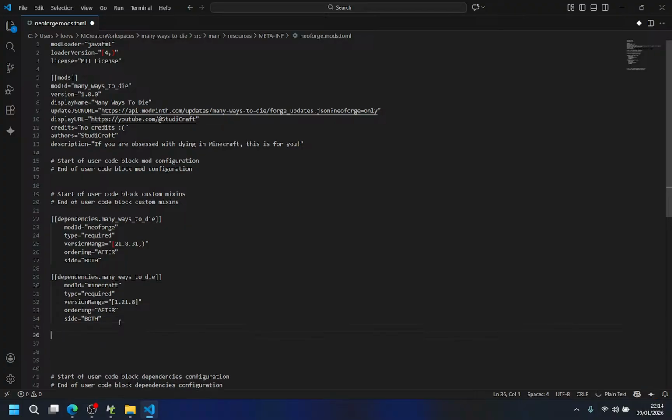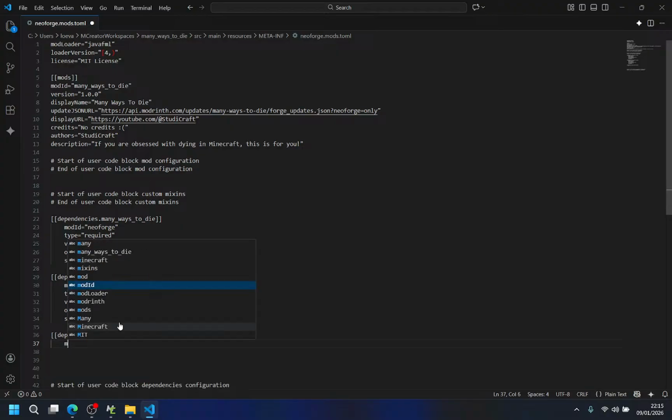Oh my. Okay, gosh. So this, dependencies, many ways to die. Oh, of course, mod ID.